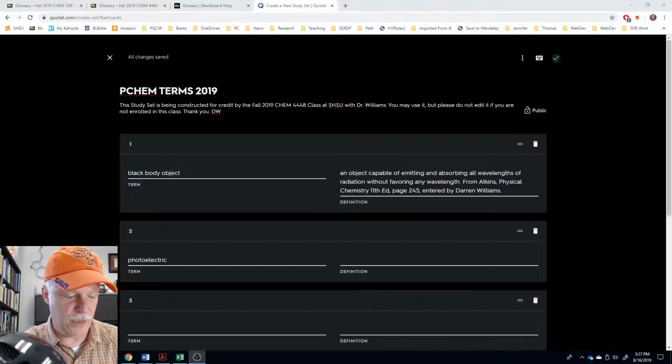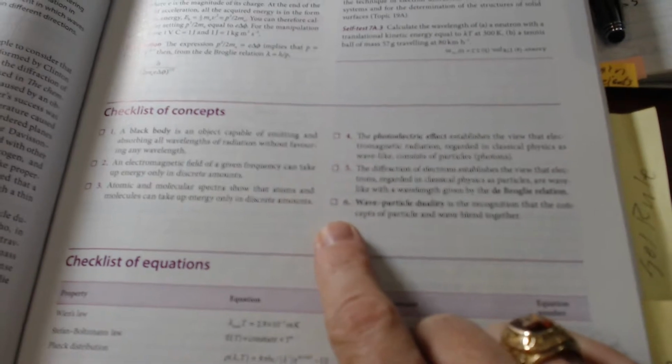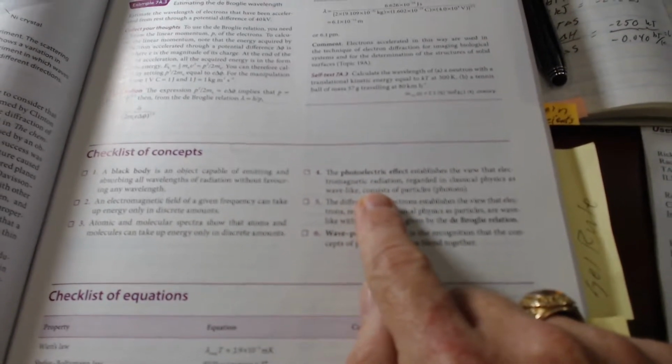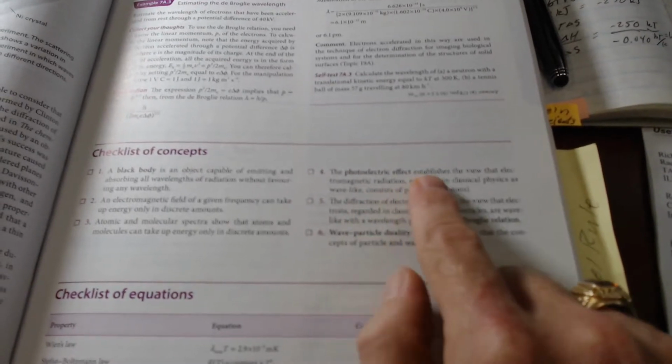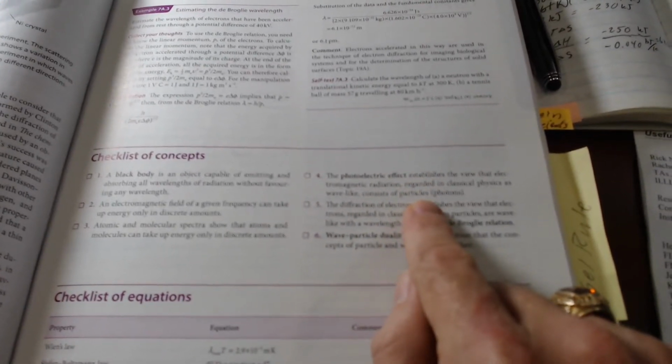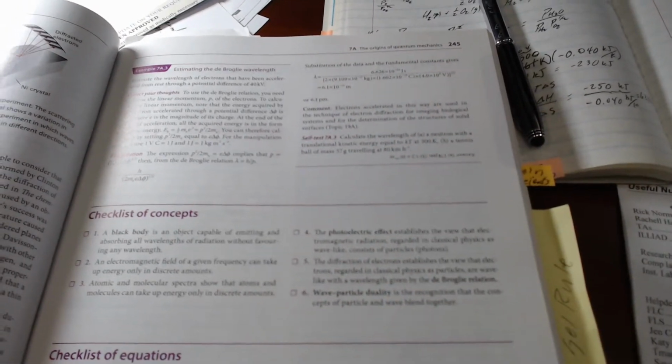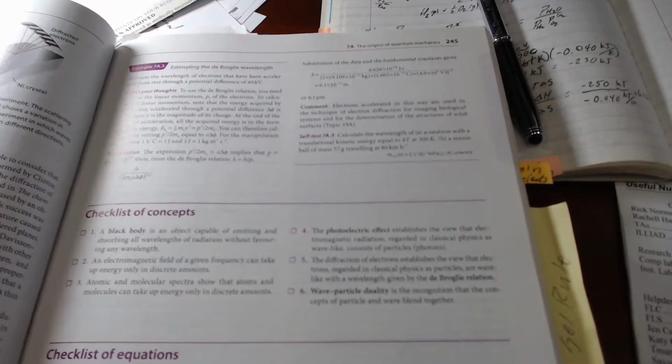Let me show you an example. So here on page 245, we've got a checklist of concepts. I want you to go in and use these definitions in the checklist of concepts. So here's the photoelectric effect. I'm going to define that one next in this Quizlet study set, and I'm going to type out this definition. I'm going to also cite the page number, and I'm also going to put my name by that definition